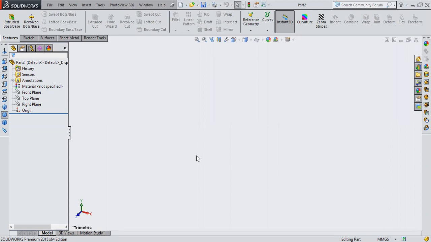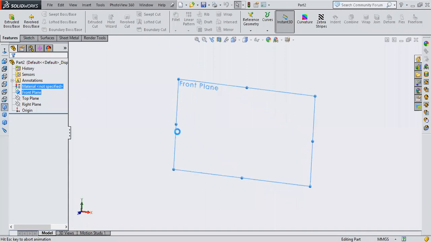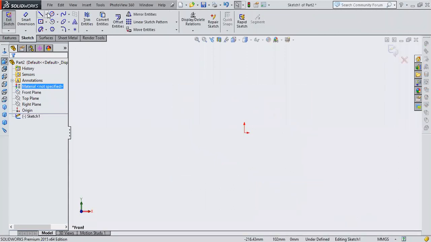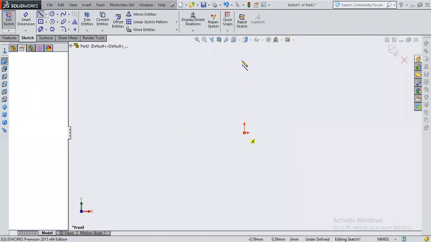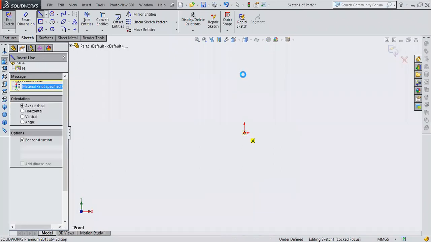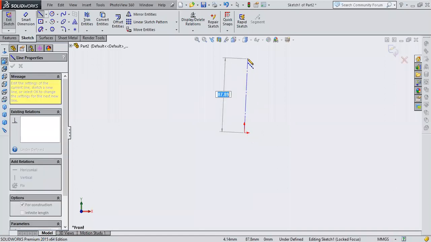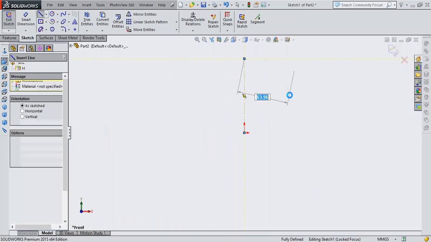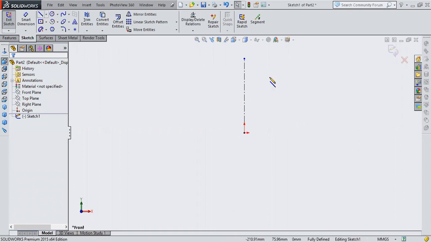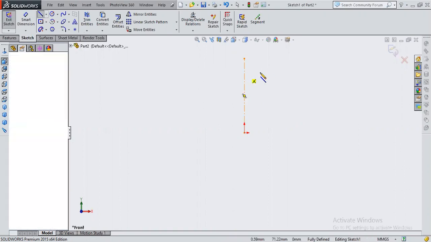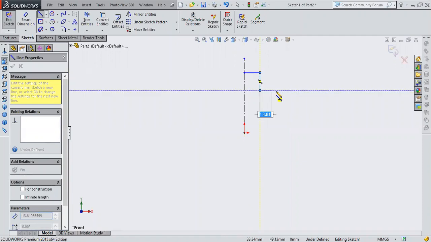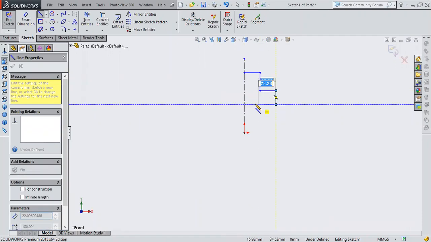So the same thing works here. What you have to do is see here. The axis is very much important. I'll select this front plane and go to sketch. The major important thing is the axis of revolution. You have to give it manually. So I'll give the axis of revolution like this. Now I'll create what I want to draw here, in the same pattern as the nut you prepared in your screw jack assembly.